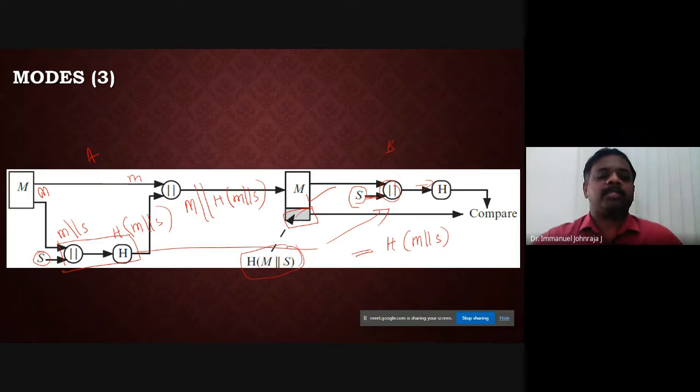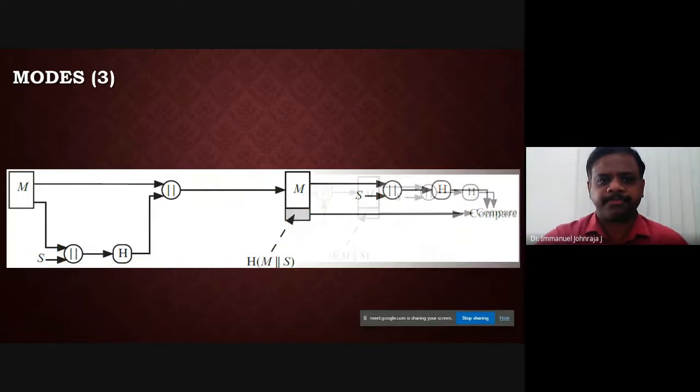Here, what's the advantage? Because the value which is exchanged between the sender and the receiver is kept very confidential among them, the attacker has no knowledge about what key is exchanged among them. He will not be able to produce an M dash which will give the same hash value. So that's the third way of getting your message digest. Hope you are listening to me.